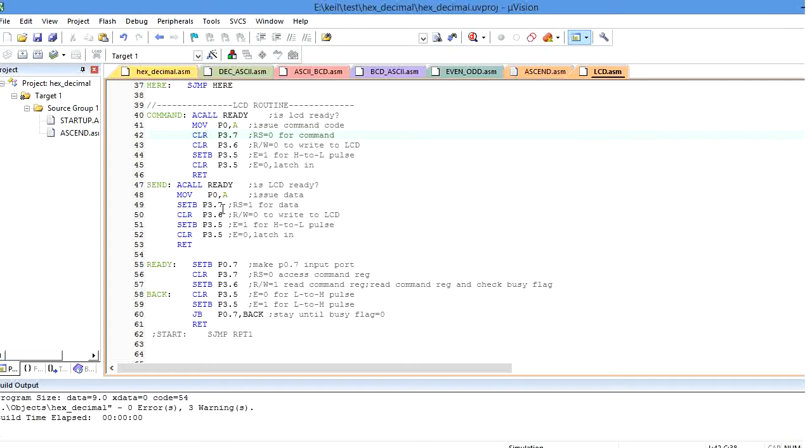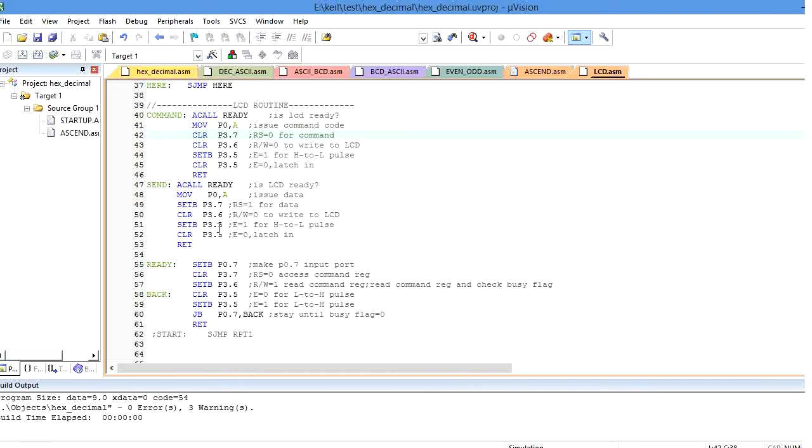And after that I need to perform the write operation. How can I do that? By writing the instruction clr port 3.6. So read bar write bar equal to 0 is nothing but performing the write operation here.